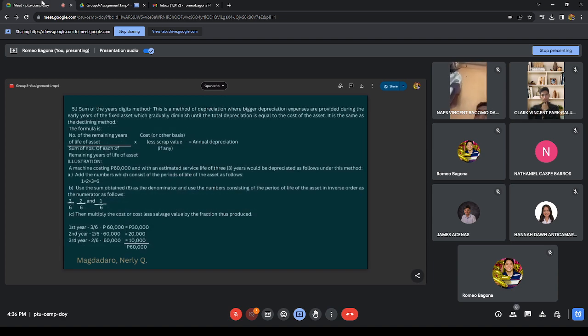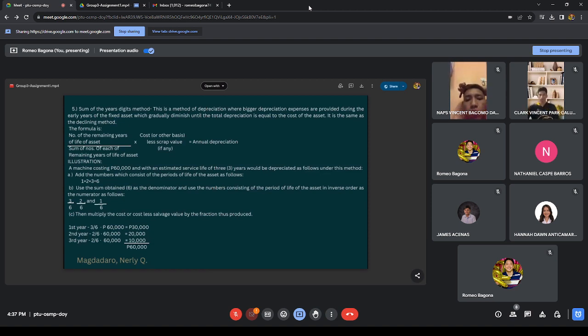So let's proceed to the last one, which is the sum of the years' digits method. This is a method of depreciation where bigger depreciation expenses are provided during the early years of the fixed asset, which gradually diminish until the total depreciation is equal to the cost of the asset. It is the same as the declining method. So the formula is the number of remaining years of life of the asset over the sum of the numbers of each of the remaining years of life of the asset, times the cost or other basis less scrap value if there is any, and it equals